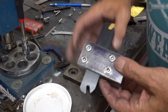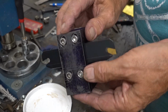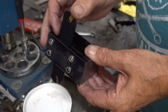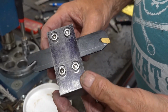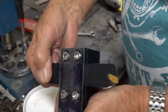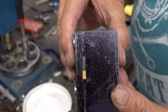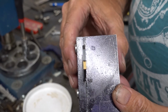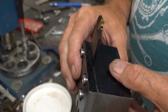Right, I've just nipped these bolts up with it in its level position, as in it should fit and work like that. And I've nipped it, so now you can see the blade is now trapped. I can bring it up close and you can see that the blade's trapped. There's only a few thou of proudness on that,